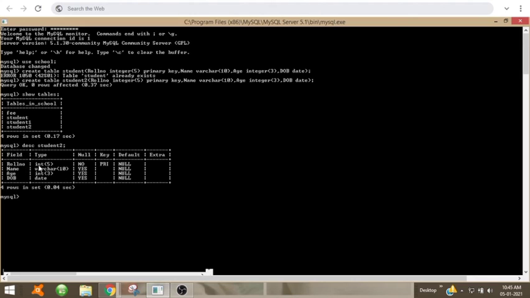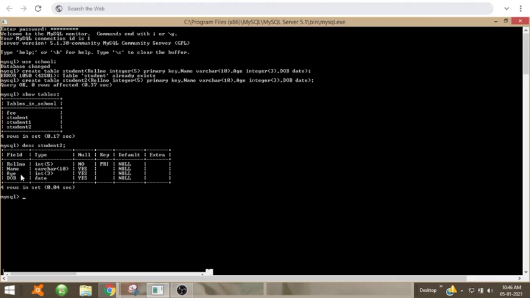Roll number integer, size is 5, null values it does not allow because it is the primary key. So key, this column is the primary key. By default all the columns allow null, but since the roll number column is set as the primary key, it will not allow null values. Then the next column name and its data type, it allows null values.